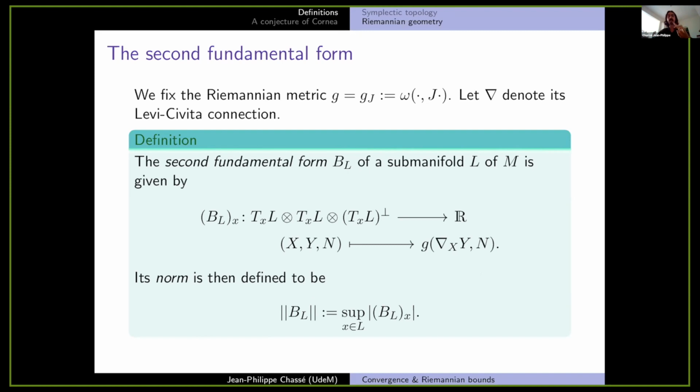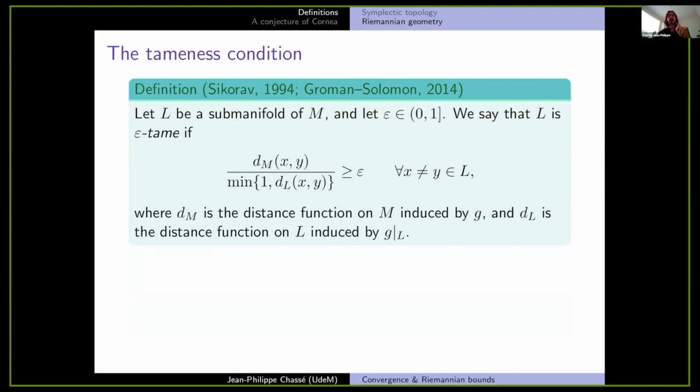I will also need another condition, which I'm calling epsilon tameness. Say we have a submanifold L of M and some epsilon. L is epsilon tame if it respects this inequality. This is kind of gibberish at first if you just look at it, but basically what it